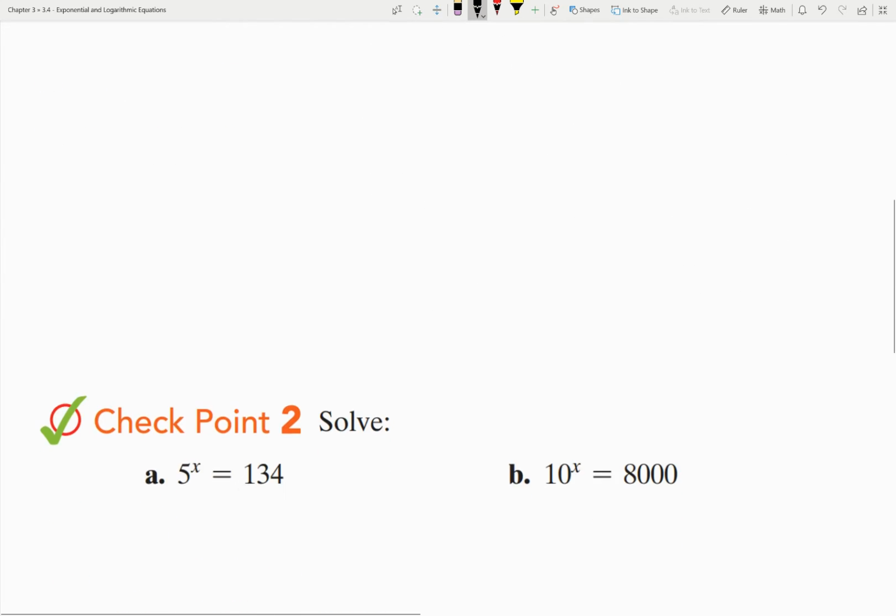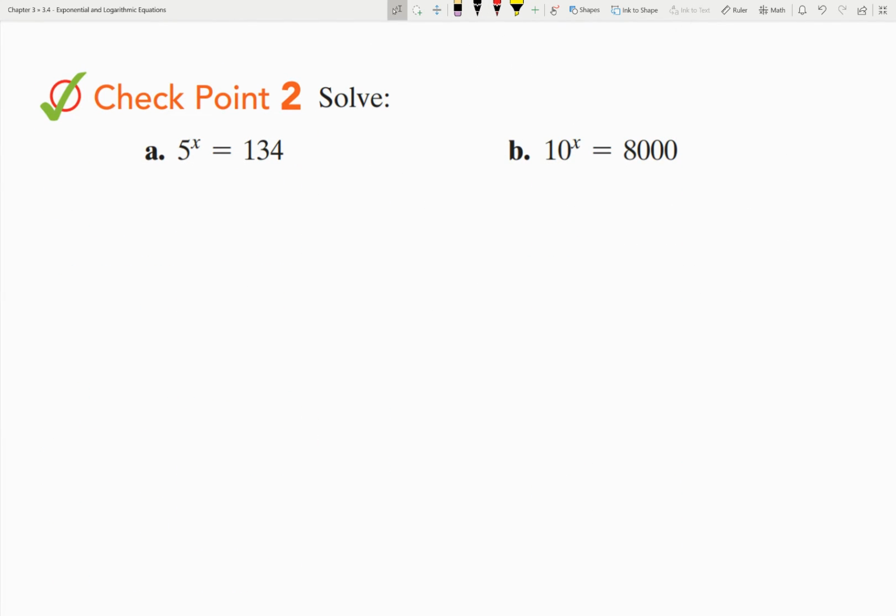Let's try 2 more. Okay, so first, with 5 and 134. Cannot make 5 into 134. I can make it into 125. So now I know my answer is going to be a little bit bigger than 3, but I take the